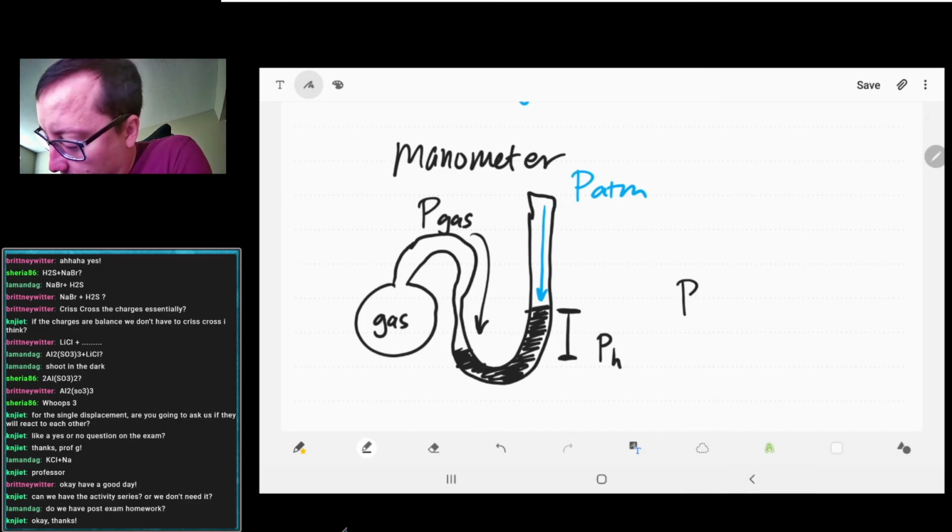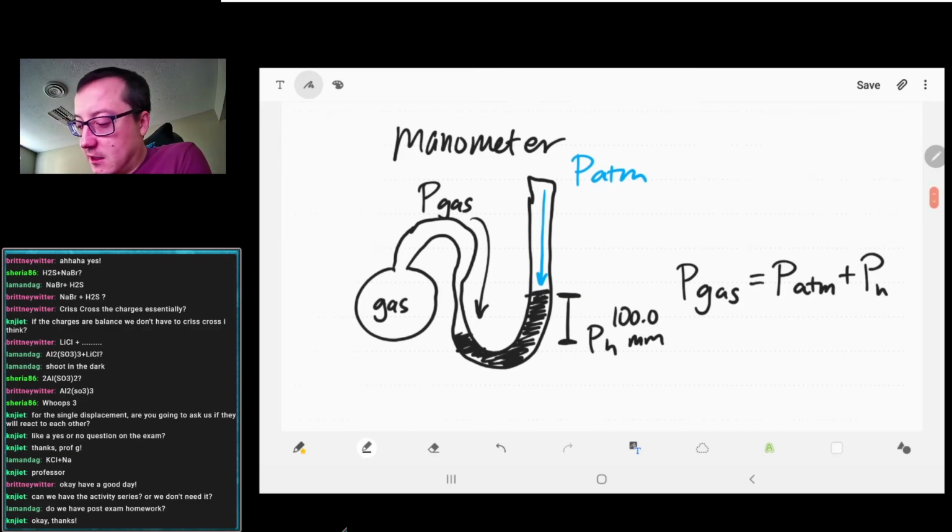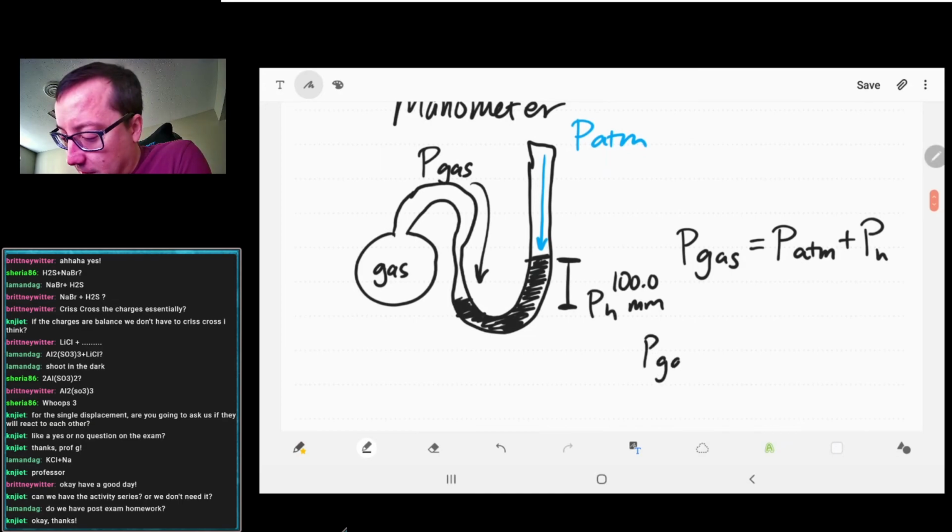You would see that your gas pressure would be equal to your atmospheric pressure plus whatever the change in height would be, let's just say delta H. No, I want to keep this in pressure. So, for example, if this height difference were 100 millimeters,